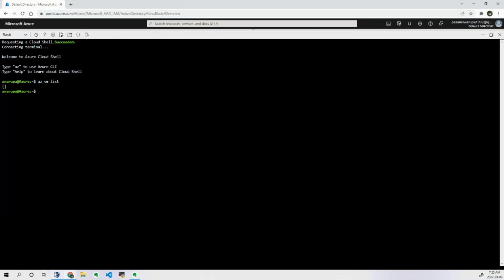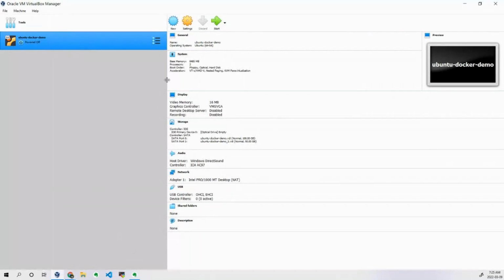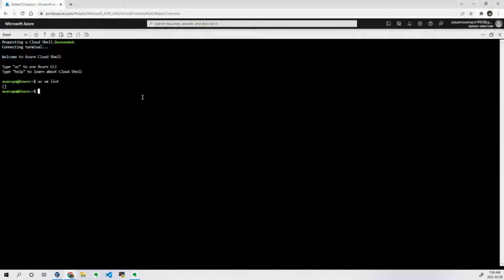But when you are using this from a remote location, you have to first authenticate. Once your authentication is done, only then will you be able to execute commands. If you try to execute a command without authentication, you will get a forbidden error. So that's the first thing we have to remember. That is the advantage, but the problem is, again, you have to log into the portal. If you are doing CI/CD operations, building pipelines, this is not a suitable solution for us.